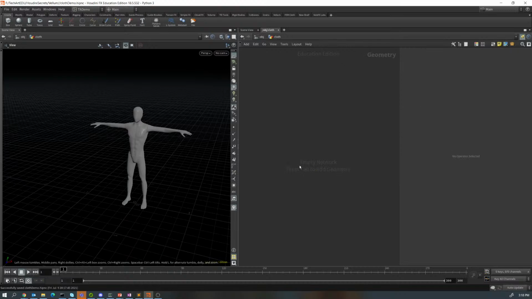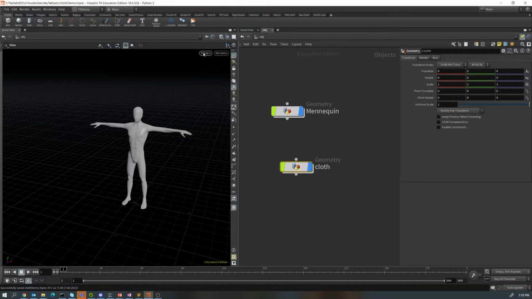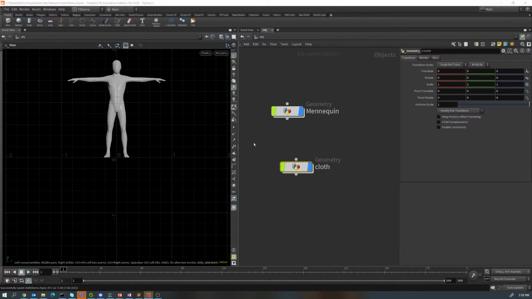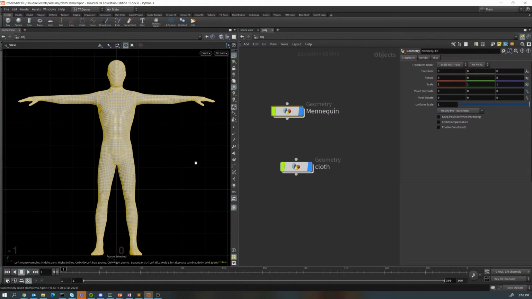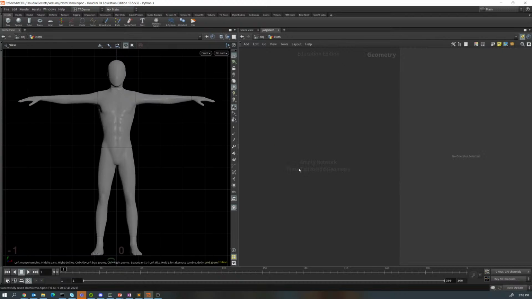So I'm going to go back up into here. I'm going to go into the front view mode, and yeah, that's it. I want to specialize and focus in on the mannequin. So we are ready to go. So I'm going to drop into my cloth, and then I am going to,